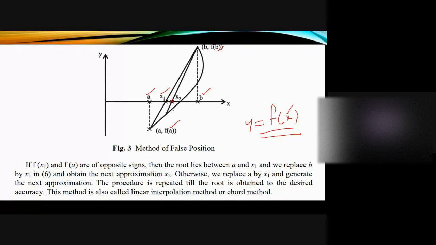Think that if you put a, you are getting a negative value, say suppose this is -2. Suppose you put the b value, you are getting a positive value, positive 3. So suppose a is 2 and b is 3. Whenever you gave f of 2, the function value at 2, you got a negative value of -2, and at b you got a positive value of +3.